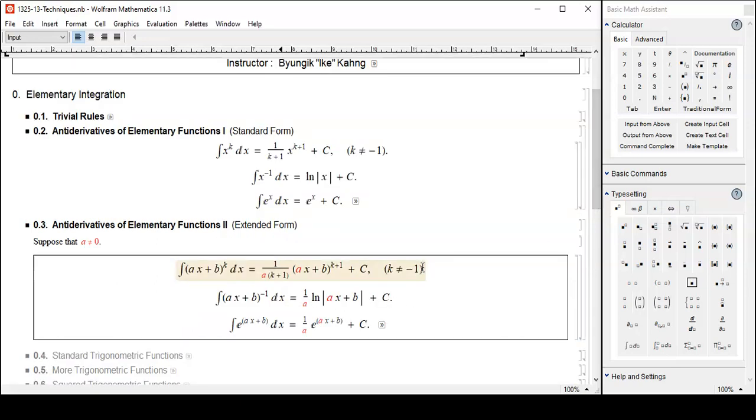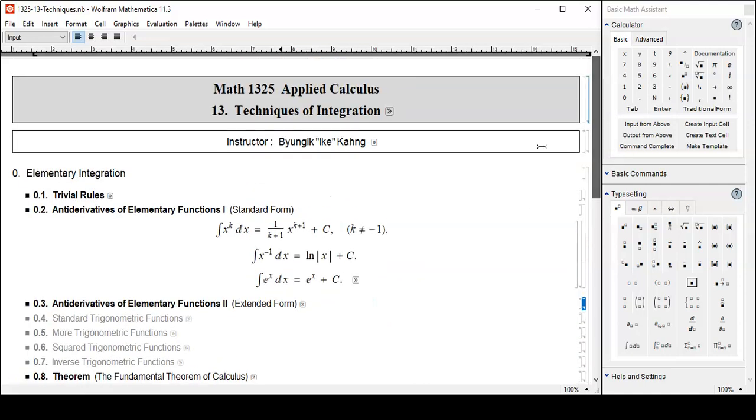The recurring theme here is 1 over a, again 1 over a, also 1 over a, and the reason is to undo the chain rule. If you take the derivative of the right-hand side, by the chain rule you have to multiply the derivative of the inside, and that's a. In order to undo that multiplication, you begin with 1 over a. But then again,